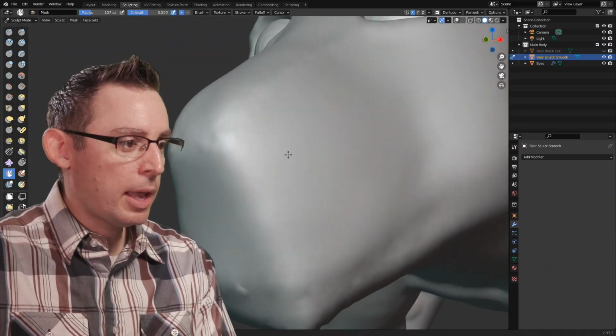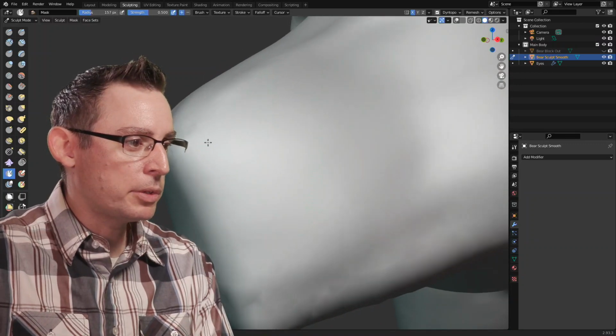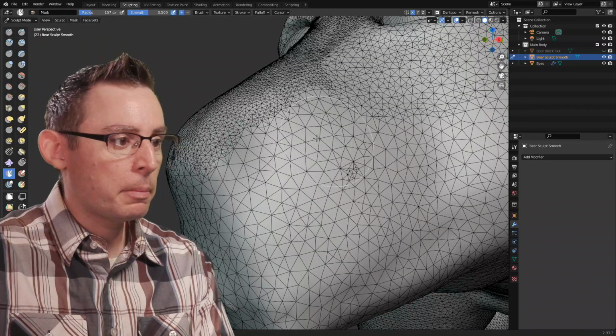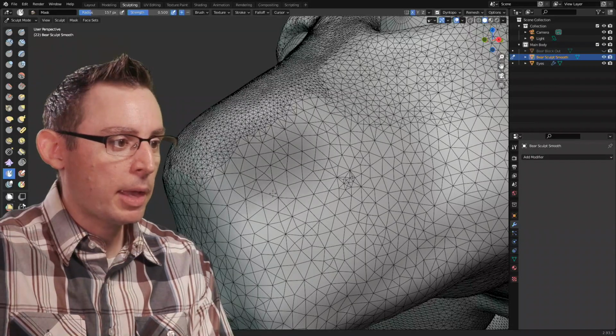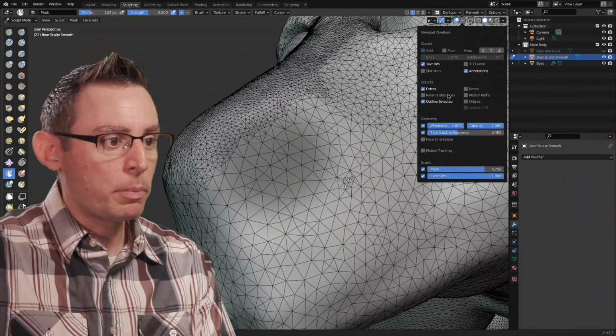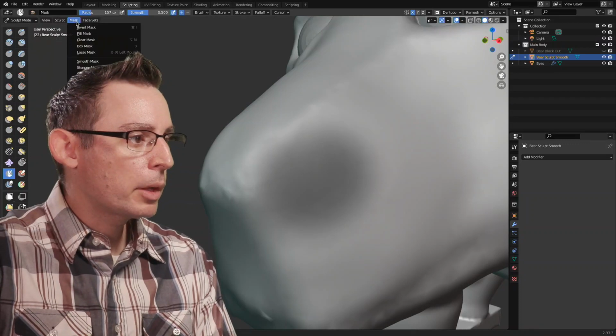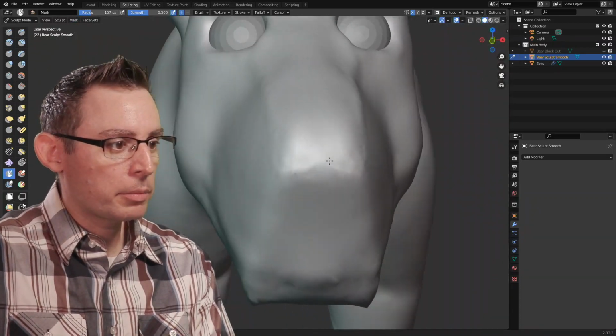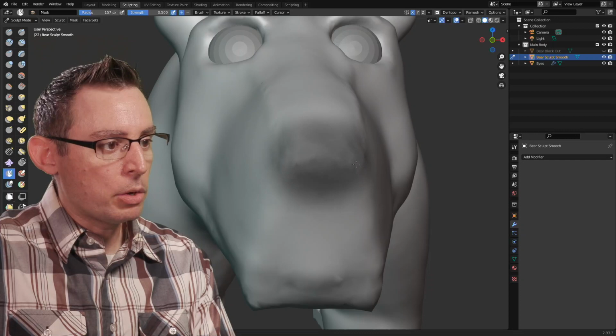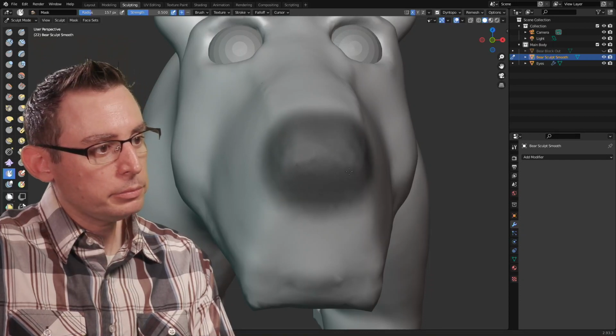Here it is. And I like using the masking tools in this moment. Let me turn on all of this so we can see the mask. There we go. And I'm also going to go into my viewport properties and turn off my geometry. Let's clear the mask. There we go. Okay, so let's figure out where my nose is going to go.